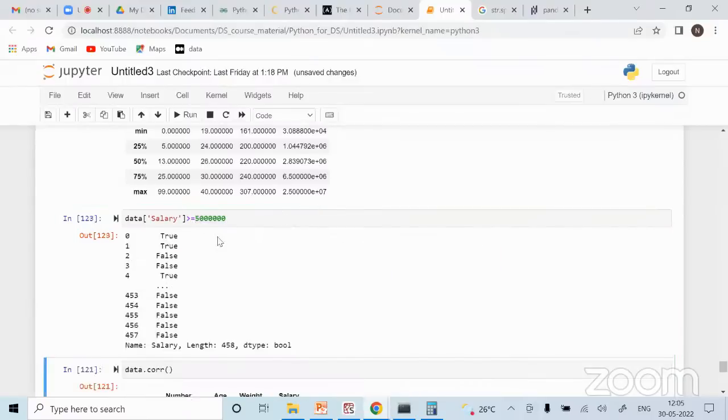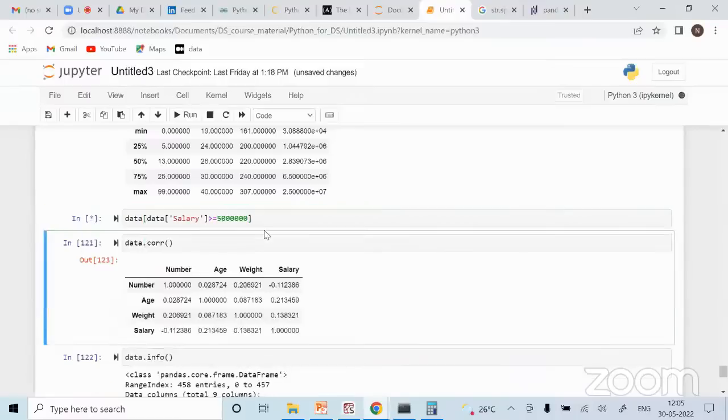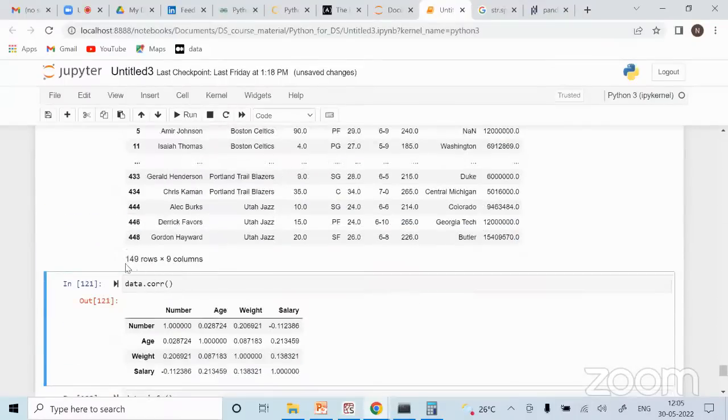Okay, if I do that, I will get this true false. So what I'm getting is all 457 rows, but with an index of true and false. Which basically is a dot iloc kind of thing, wherein I'm getting this positional thing. So if I want to give only the actual data, all I have to do is just enclose it within the data. So now here it is only 149 records. Okay.